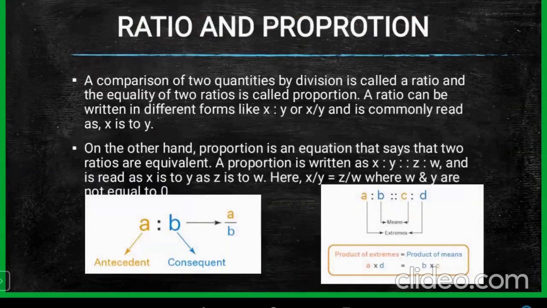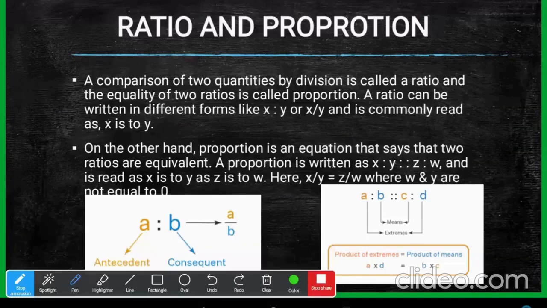What is ratio? A comparison of two quantities by division is called ratio. When we compare two quantities by division, the important thing is that both quantities should have the same unit. That's a very important thing in ratio. Both quantities should have the same unit. So when we compare two values by division, with the same unit, it is known as a ratio. For example,